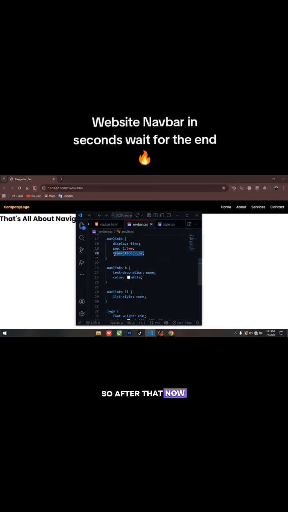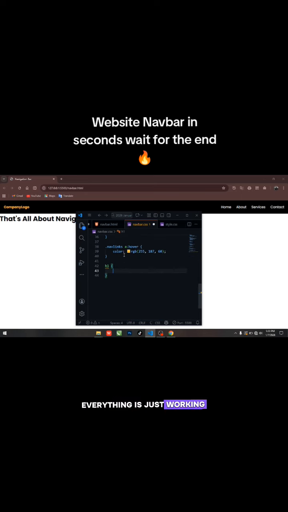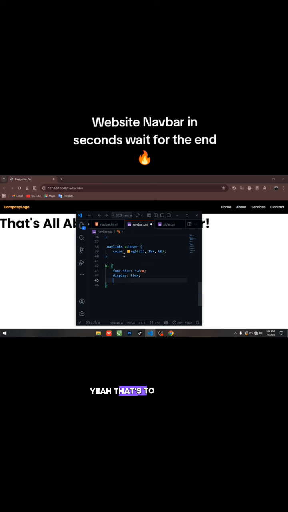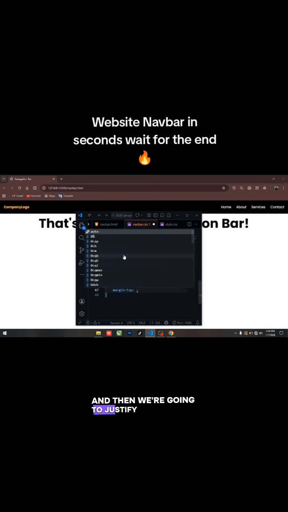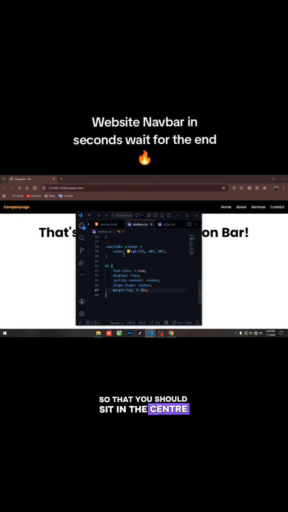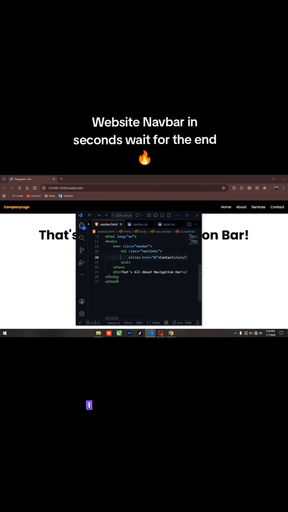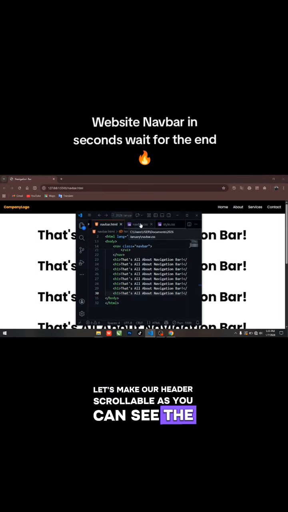After that, now we'll just look for a way. As you can see, everything is just working out. We'll look for a way to make the big heading, to increase the font size to 3.8, and then we're going to justify the content so that it sits in the center, and then move it a little bit down. As you can see, everything is like normal, but I want to add something. Let's make our header scrollable. As you can see, the nav link